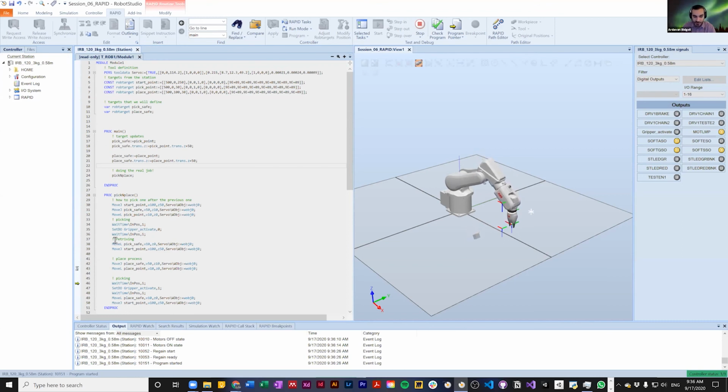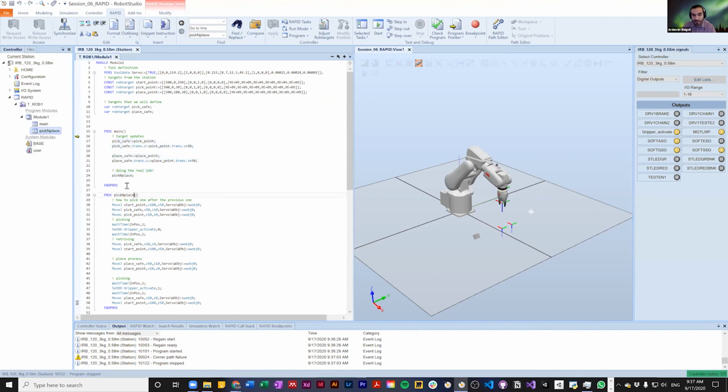Whenever I'm running this code or I'm running this robot, basically RobotStudio and the RobotWare, which is the operating system of the robot, are going to run this code line by line, and it's going to show you at each moment where the body of the robot is right now doing and where the logic of the robot is taking care of everything. So if I run this code again,